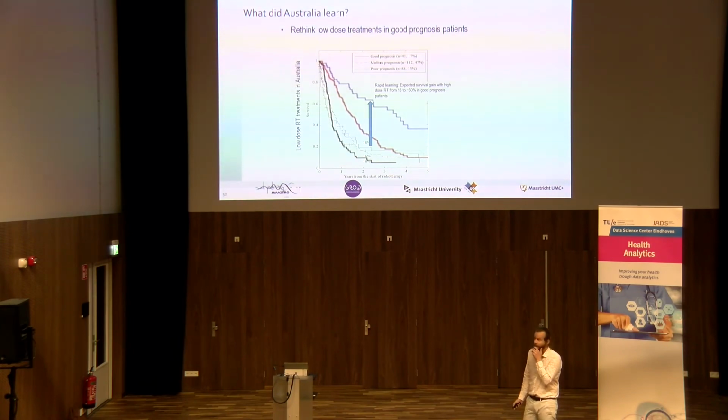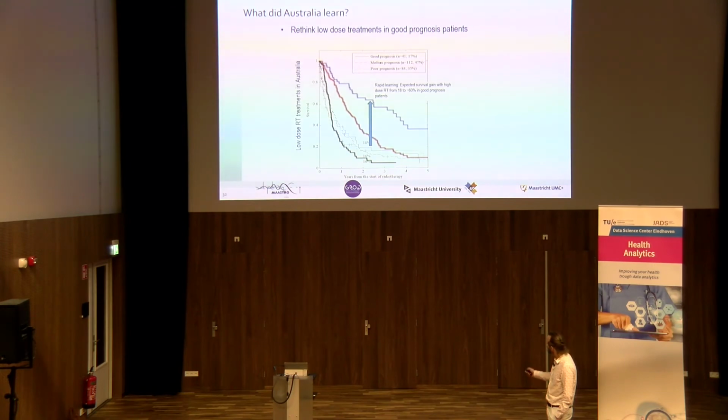And they're doing this now prospectively in a trial to see if this is actually true, and I have some pictures on the side in a moment. So it's rethinking low-dose treatment in good prognosis patients. But if I look at, you might say, well, the Australians are not doing a good job in these patients, and it's probably true. But when I look at this picture, I'm always ashamed of MAASTRO and of the Netherlands